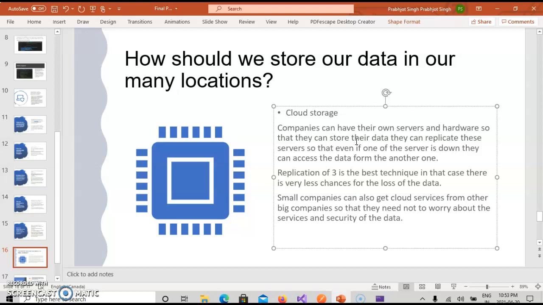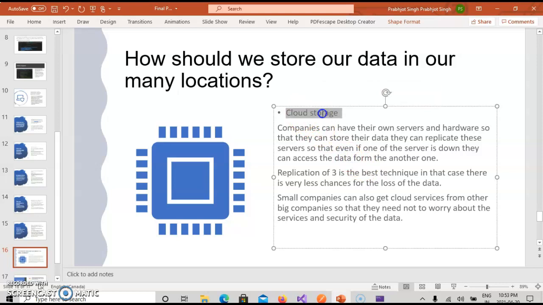The website would be down for hours until that server is repaired or reconfigured. So we can use replication. The best technique is using 3 servers instead of 1 and storing the same data on all 3 servers, so that if one of them goes down, the other 2 are working to serve the clients.